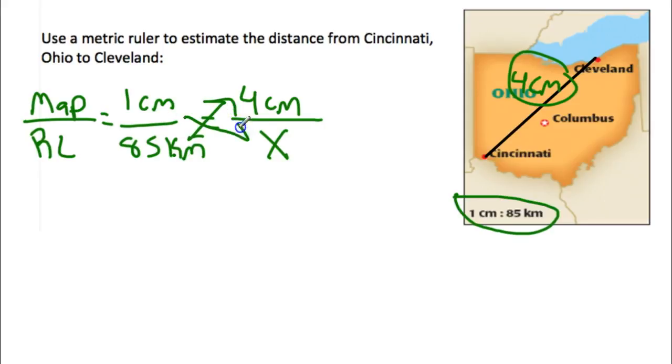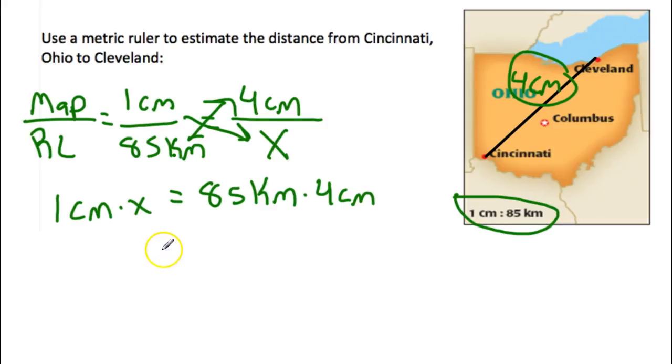All right, I draw my arrows. 1 centimeter times x, I have 1 centimeter times x. That equals 85 kilometers times 4 centimeters. And you could simplify this in different ways. You could do 85 times 4 first. That's perfectly okay, and let me actually do that. So 85 times 4 is